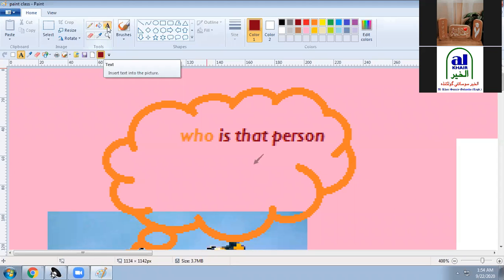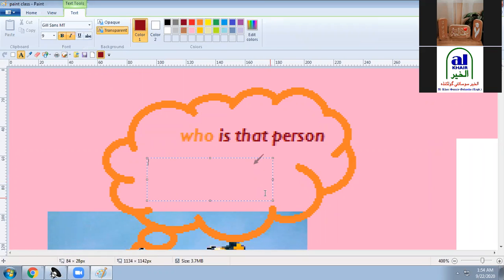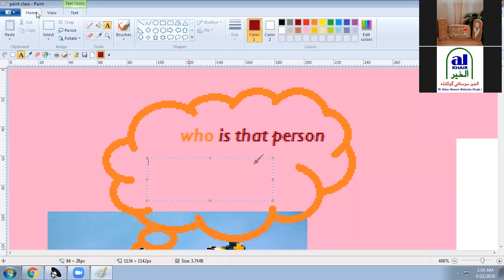I will take here the text format first, and I will do like this. Ready? Okay. Just I took the pen again from here, where I just took the pen to write. So I will take like this color first. No, I will take the text format. Wait.